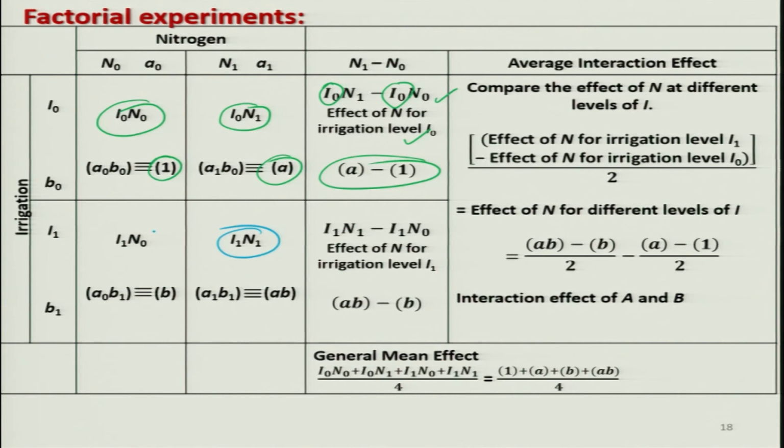And the same thing I can do for I1 N1 and I1 N0. So, I try to take I1 N1 minus I1 N0, and in this case you can see this I1 is the same in both the factors. So, this is essentially N1 minus N0 in some sense. So, do not you think that it is appearing as if this difference is going to give us an idea about the effect of nitrogen for irrigation level I1? And the same thing I can write down using the notation B and AB, as AB minus B,